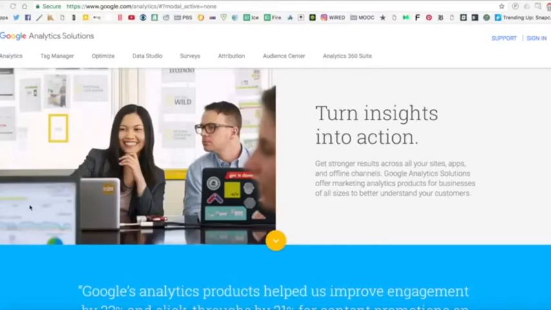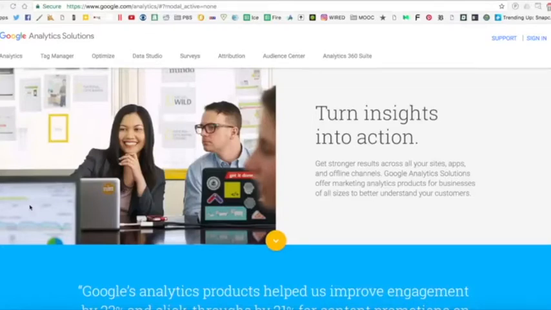Now, I should mention anyone can use Google Analytics as long as they have a self-hosted site, meaning you have it up on a server somewhere. For the FDOM class, we're using a free WordPress hosted blog, so you won't be able to go in and put Google Analytics on your site. But if you take Webhub or you take another class moving forward and you do have a self-hosted site, you can easily put Google Analytics on there and get all this data.